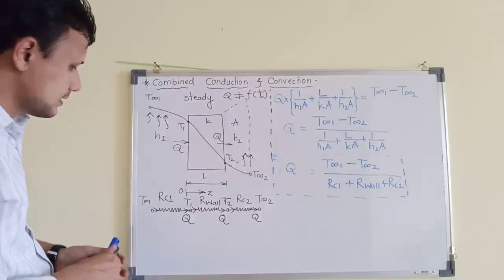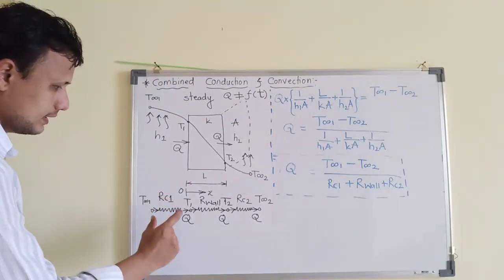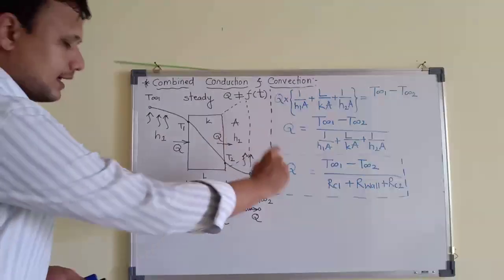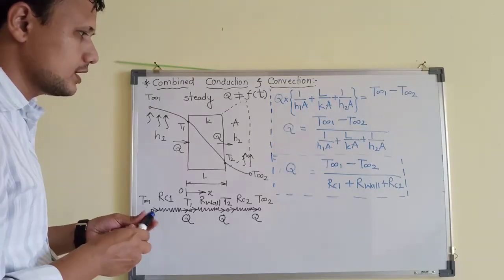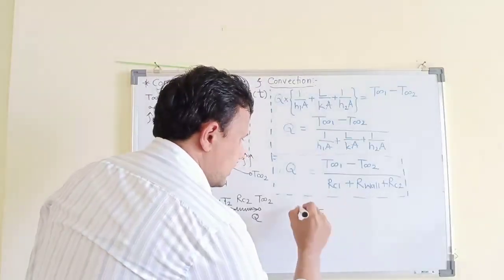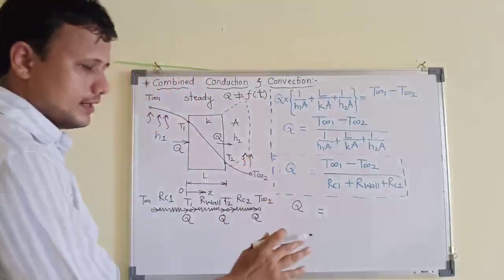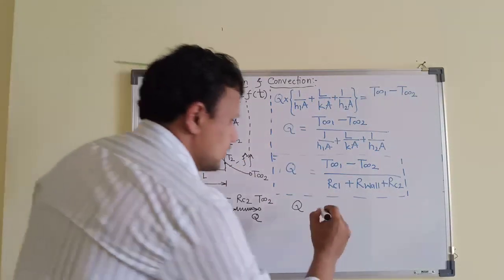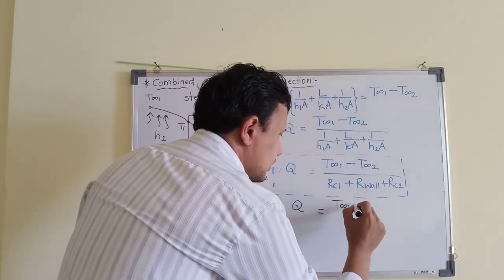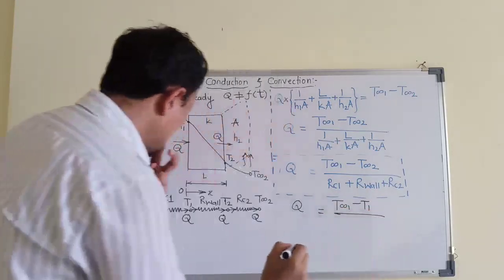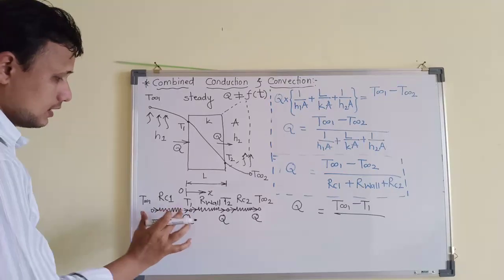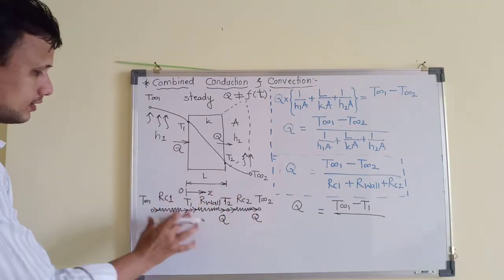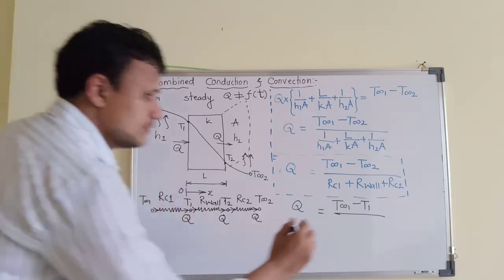Now, let us say I want to determine only the heat transfer for this particular zone, T infinity 1 and T1. I can directly write down the equation as, because the heat transfer rate will remain the same, Q only, steady state heat transfer, and this is my chosen junction. So this will be T infinity 1 minus T1 upon whatever comes in the path. Right now, only RC1 comes in its path, the others do not come in its path. So because of that, only RC1 will be there.